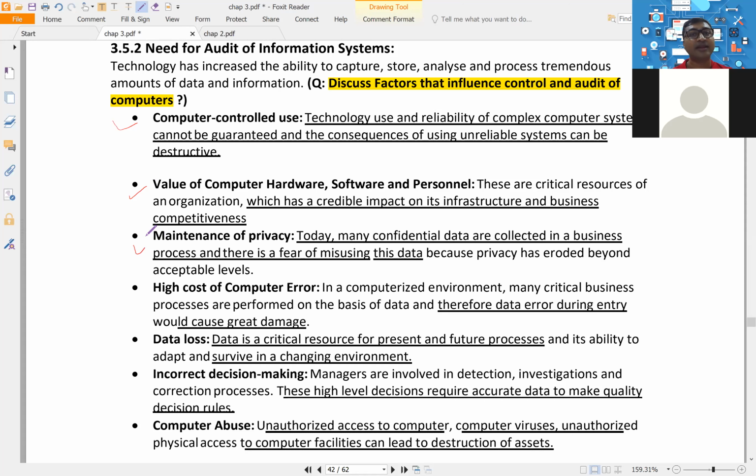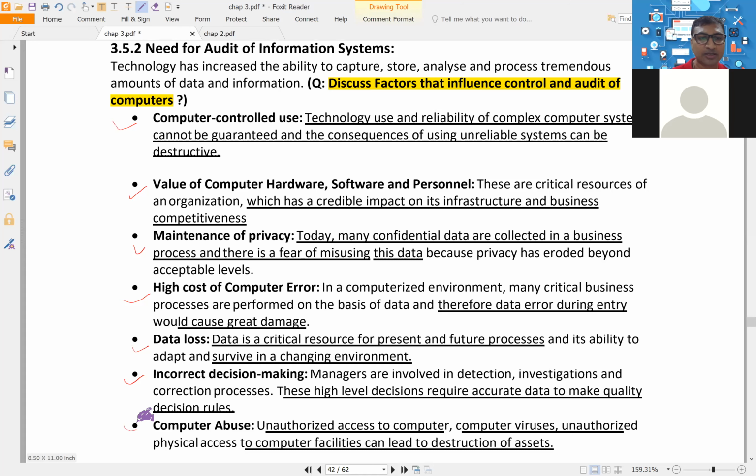The data which we are collecting from the users should remain private, that is privacy. Suppose if the computer is not processing the data correctly, the output will also not be correct, and what will happen, an incorrect decision will be made. Our important data, if it gets lost, for example for Dairy Milk, Cadbury, the formula of creating Dairy Milk, if it gets lost, what will happen? The company's existence will be in danger. That is what is called data loss.